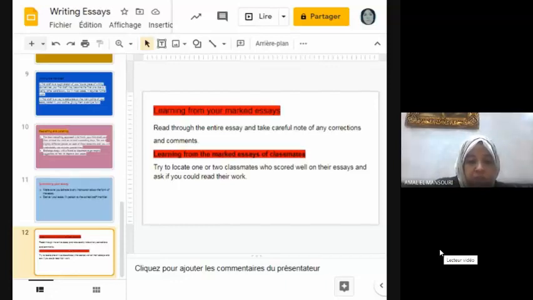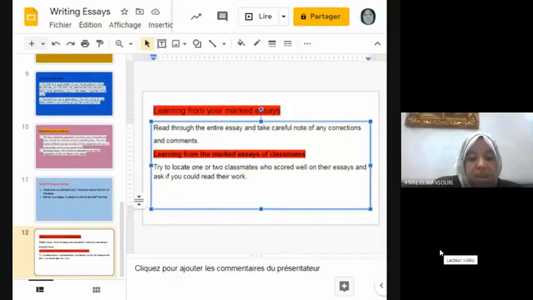Now let's finish the last part of the lecture, which is learning from your marked essays. Read through the entire essay and take careful note of any corrections and comments.